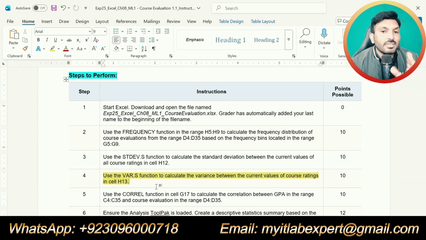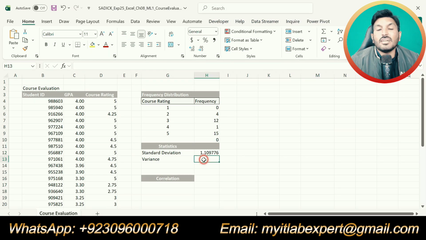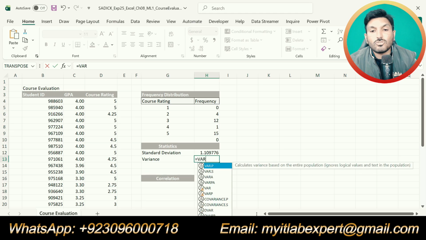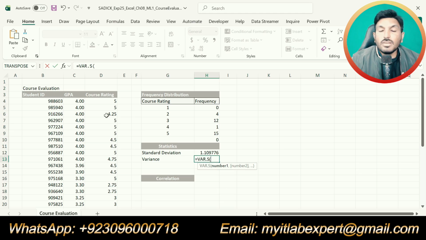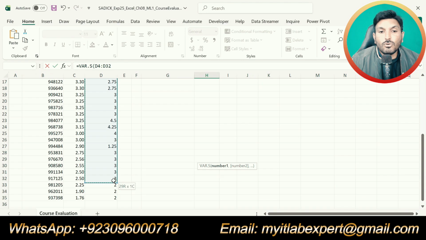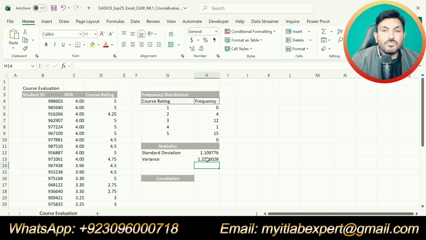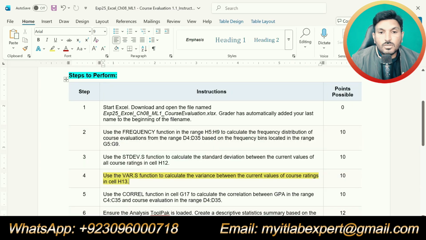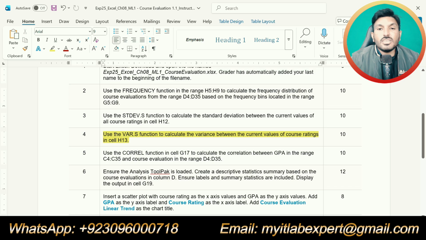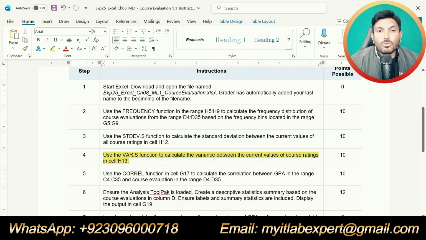So we will go to cell H13 and use the VAR.S function to calculate the variance of the course rating. We will select this range again, D4 up to D35, and press enter. So that is the variance. We have calculated the standard deviation and the variance, so that is all about step number 4.